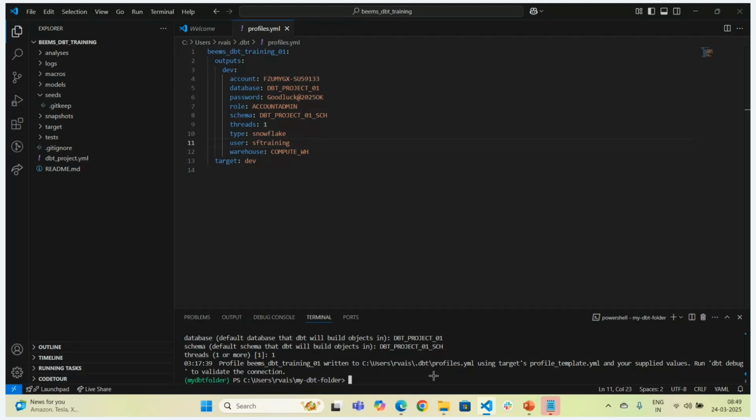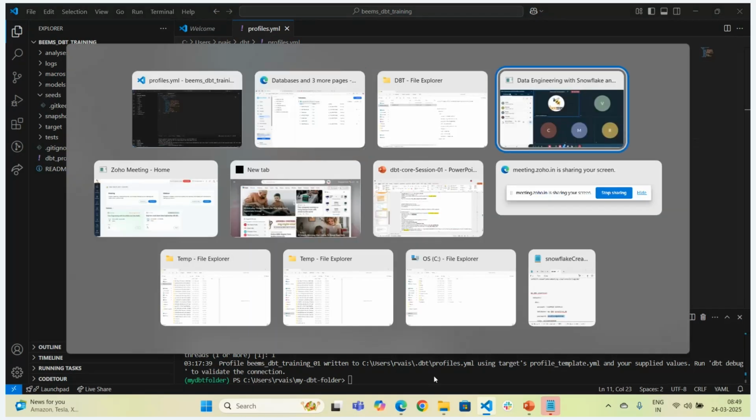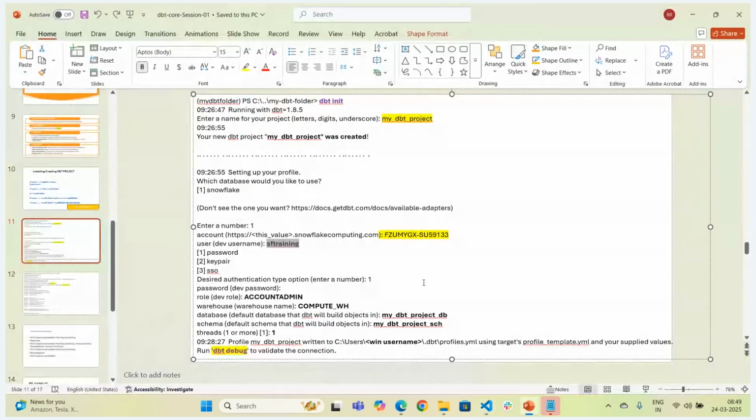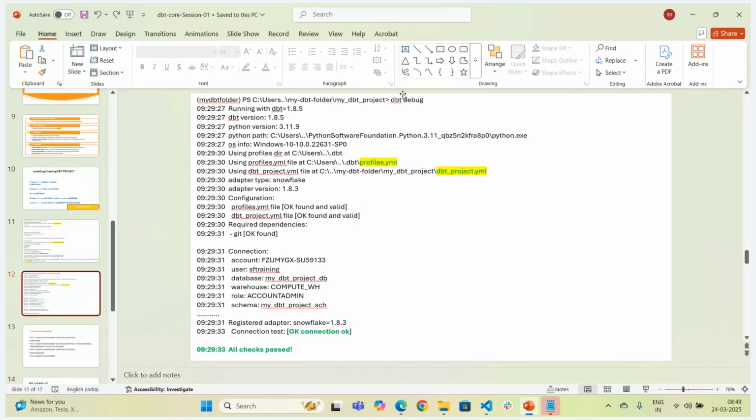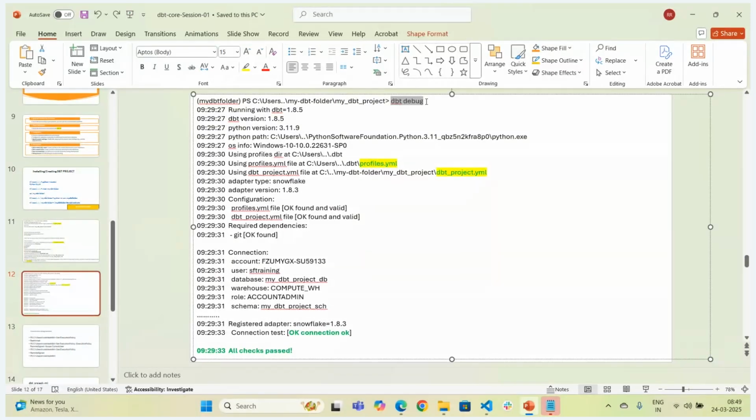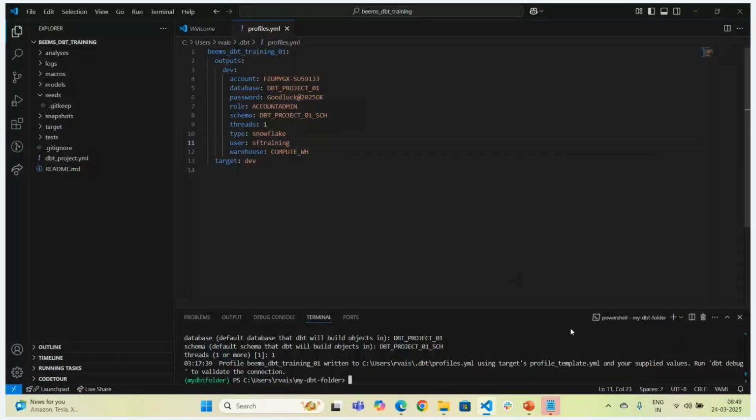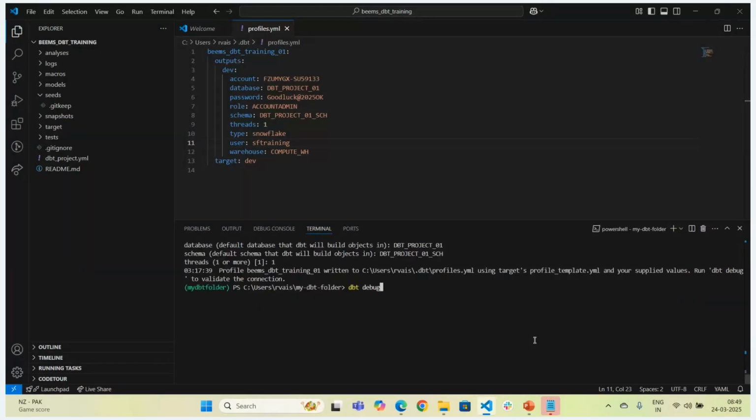We have provided everything up to this, and the next step is to make the confirmation. We have to use dbt debug. Let me try this. If you run this dbt debug,